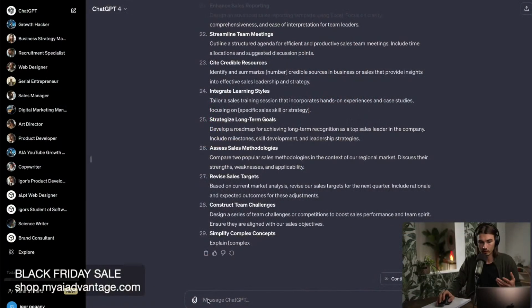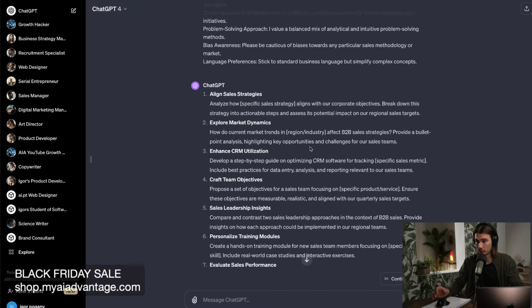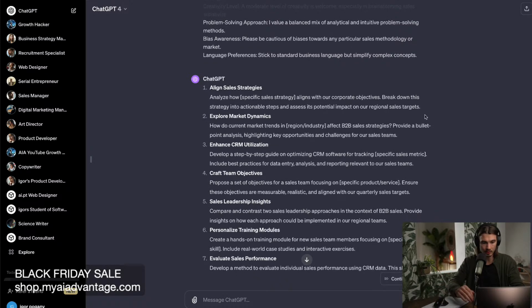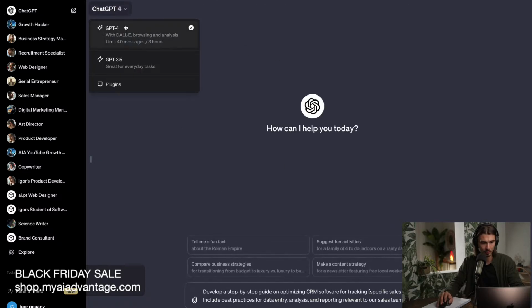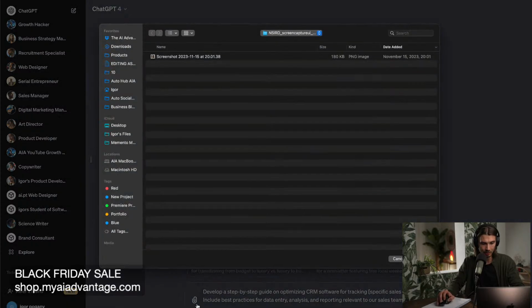And here's some examples of how that looks, right? Exactly what we did here, in this stream. I showed you how to generate these prompts, which would be extremely useful in Spring, but it's even more useful now because you can develop a step-by-step guide on optimizing CRM software for tracking specific sales metrics, including best practices for data entry, analysis and reporting relevant to our sales teams. Well, guess what? If I take this prompt and open up the base GPT-4 model that has DALL-E, browsing, and data analysis enabled, now I can attach